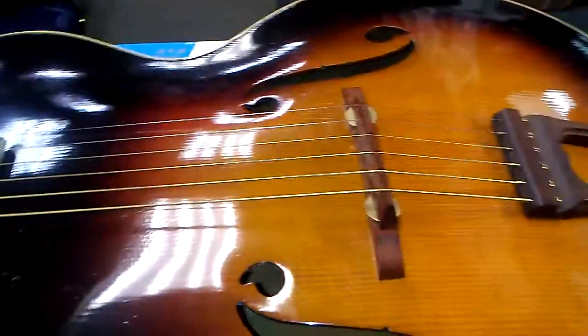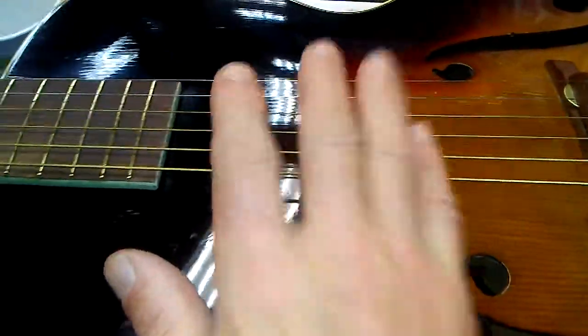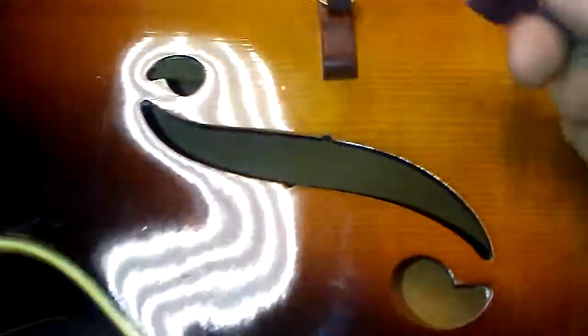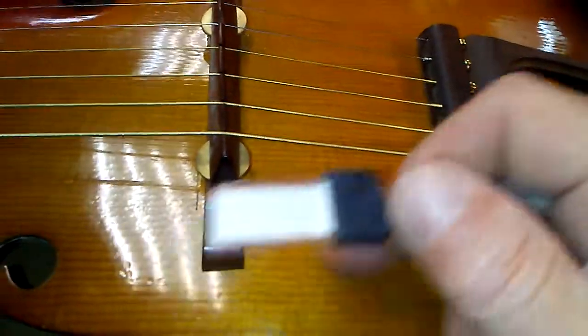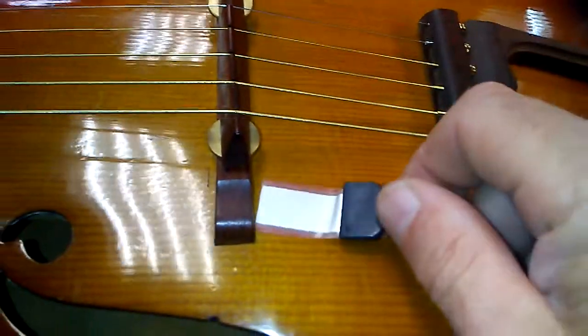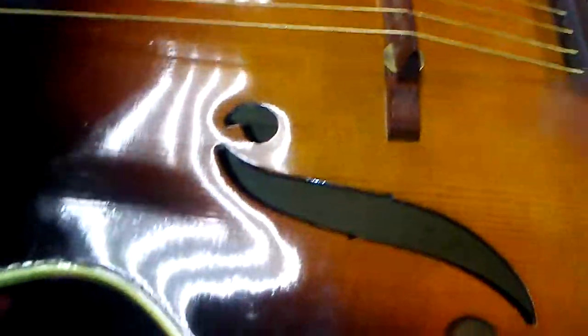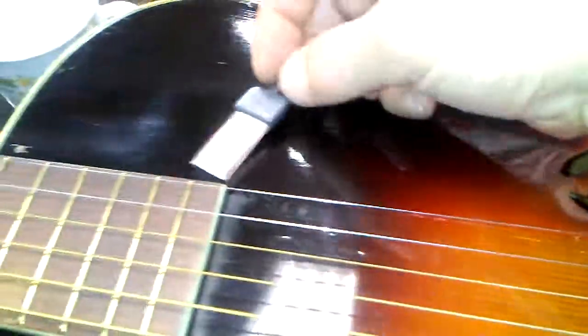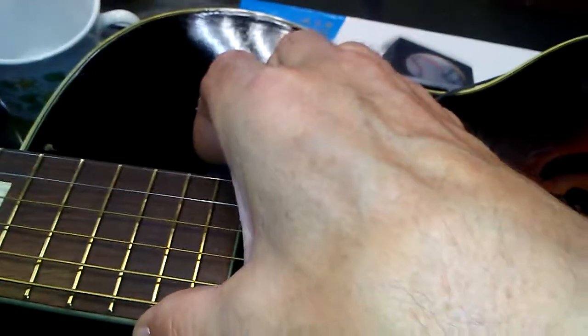You get a warranty with this. Part of the complication of putting this pickup in is that it's designed to mount under the foot of this saddle, or bridge, I should say. And we could do that, but then you get to see all the wiring and stuff on the top of your guitar. So, rather than do that, we have decided to scoot this pickup and tuck it in right under the end